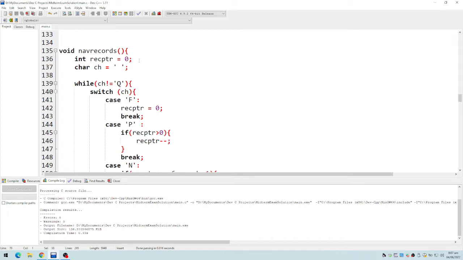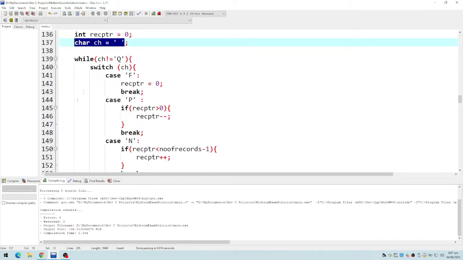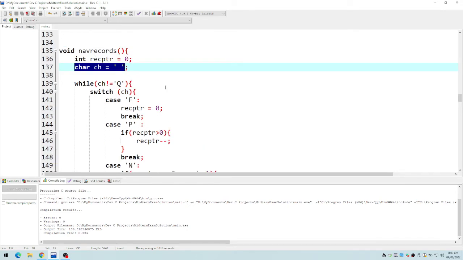This is assuming that we already have records. So initially, our record pointer points at the first record, that's why we have 0. And this will be the character that we'll be using for our menu. While the user does not quit this module,